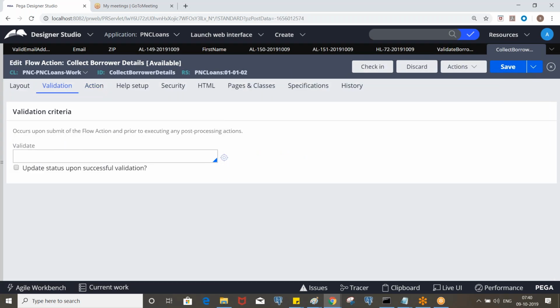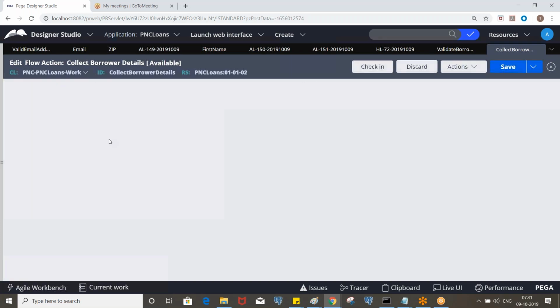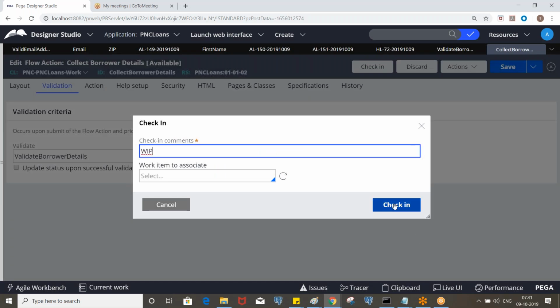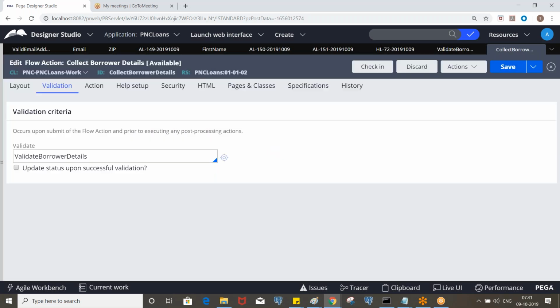So now check out this rule. Go to the validation. Here you can call the validation rule. What is the validation we created? If you want to update the work object status upon the validation, you can do that by enabling this. Clear?